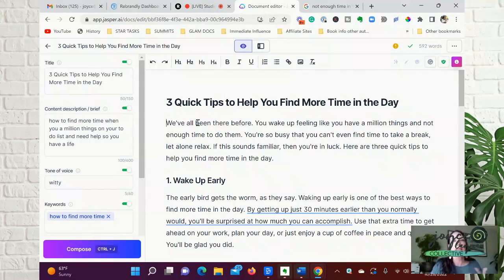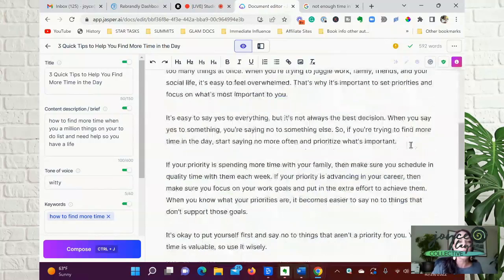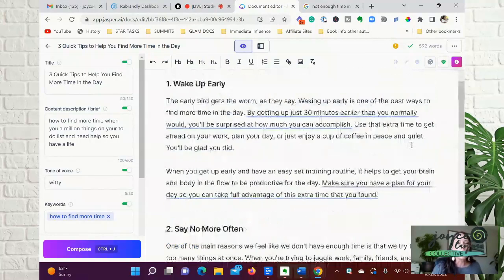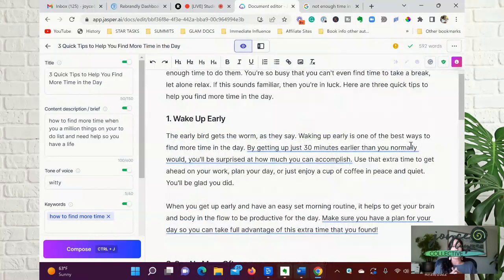So this is where, as I said, you've already got the words. That does not include the CTA. You want to make sure that you do that. But with this, now you've got it. You can put it into a Word document and upload it on your website. You can actually, that's the cool thing about this.